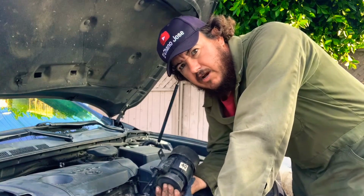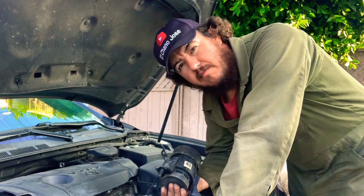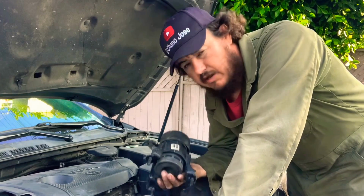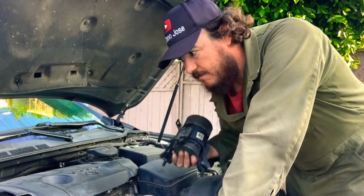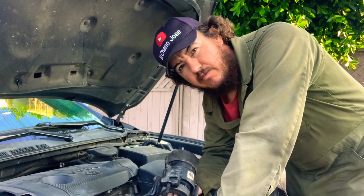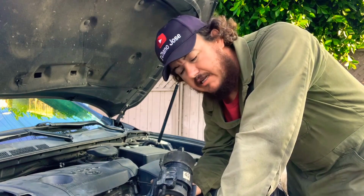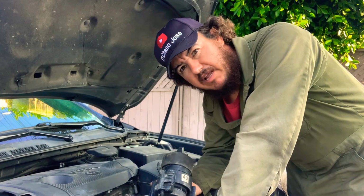Folks, this was an idea how to replace a front lower motor mount on a 2007-2012 Toyota Camry, and today we just did one. There's 4 of them. We'll do a video per motor mount, so that way you don't get lost. And like I said, this is an idea of how to replace this motor mount,